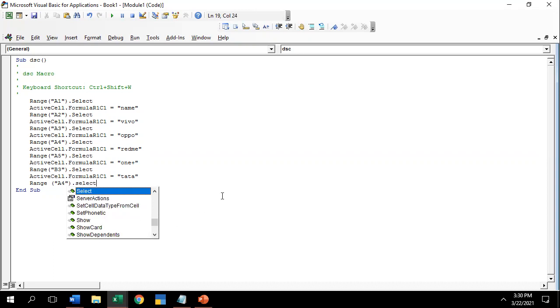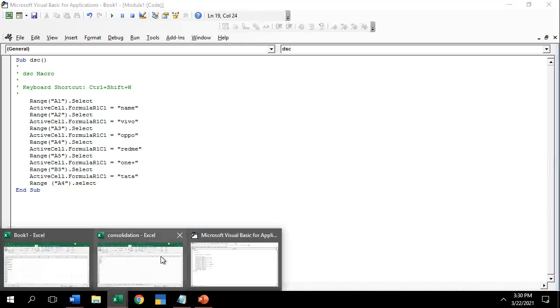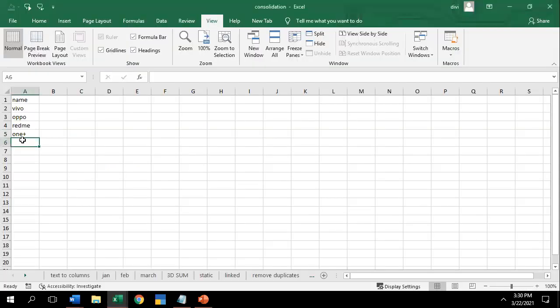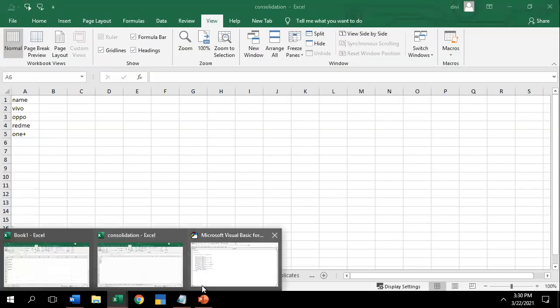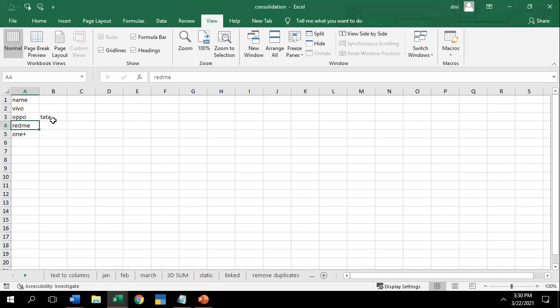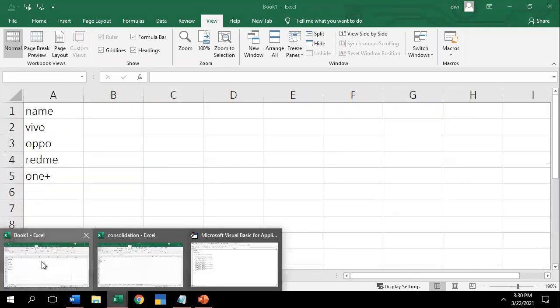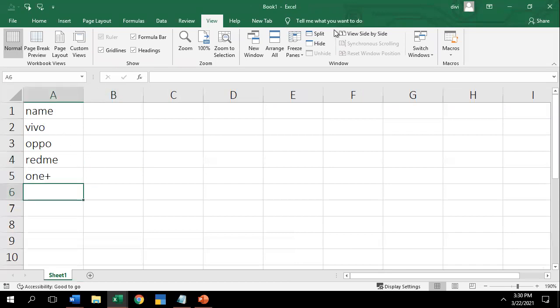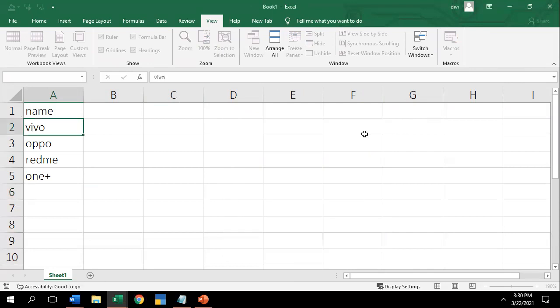Click on run. See, still you won't get the data. Tata brand, it's there, it's not. So if you want to get it, you click on run. Once you click on run, you can see now Tata has been assigned. Okay, this is VBA. It's Visual Basic for Applications. So just go by the book one. Here also I need to refresh. Once you have refreshed, you can view it.